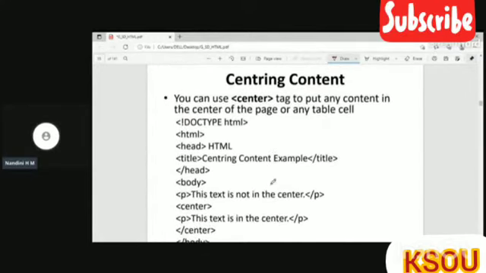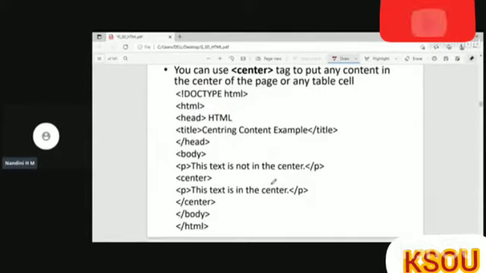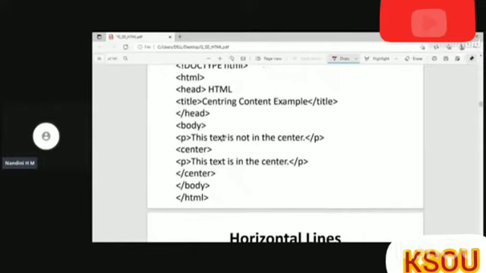Next basic tag is centering content. So this tag is used to put any content in the center of the page or any table. Okay. So you can see here, by default, all the content will be in the left justified format.